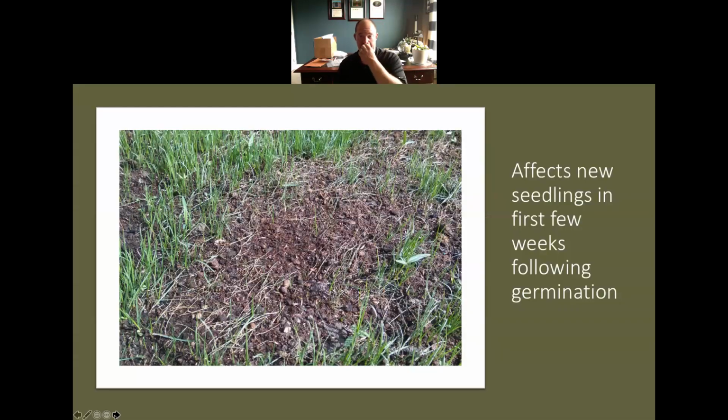What basically happens is damping off. If you've ever worked in the grower segment, you may have run across this term when you're growing out cuttings or from seed. Even in agriculture, there's a term called damping off. Basically, a newly emerged seedling, which is very tender and very vulnerable, ends up getting attacked by